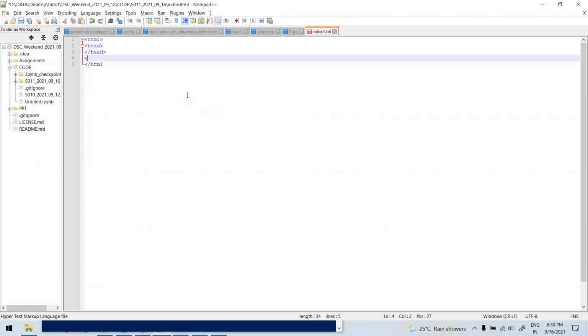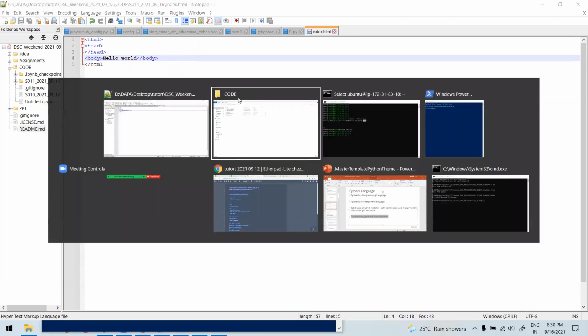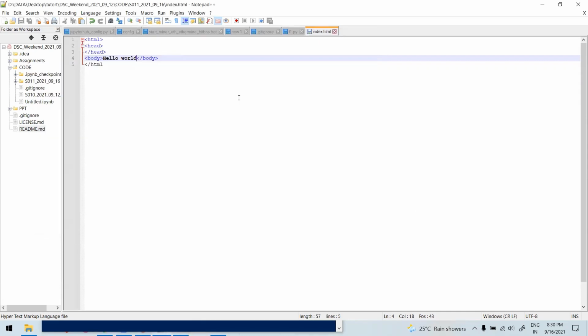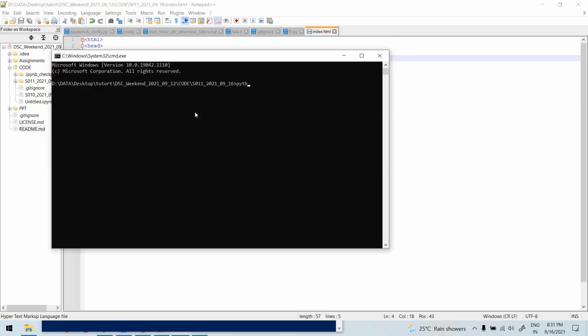We can just say body and slash body, and we can put, let's say, hello world, and this is saved inside that same folder, and I can just exit here. I don't need this thing. Let's close this thing. Let's open the folder over here. Open containing folder in CMD again, and python -m